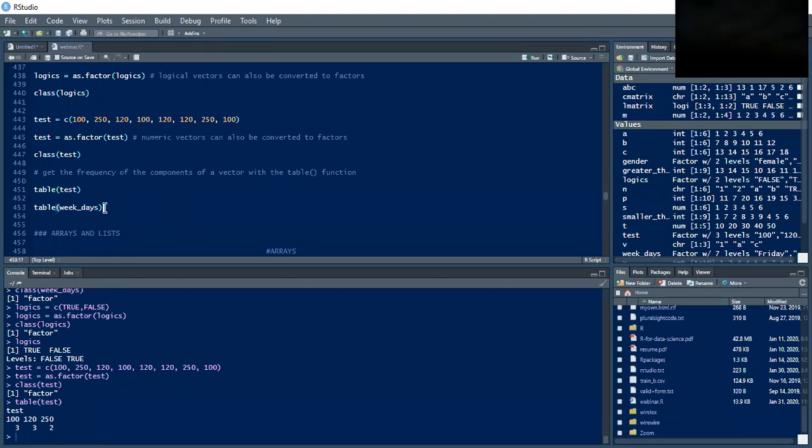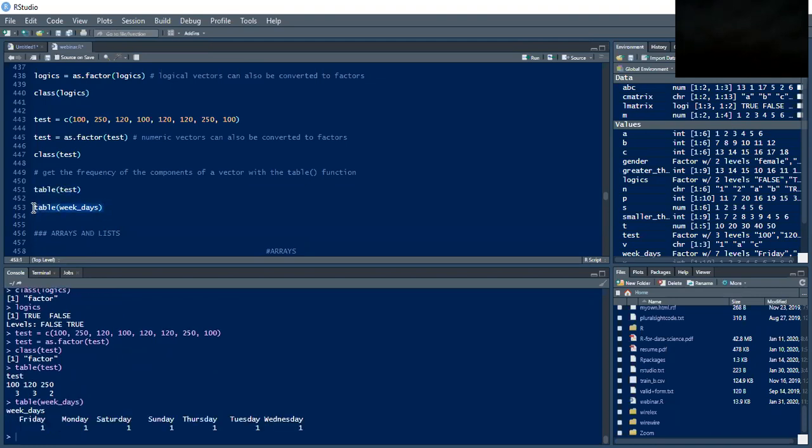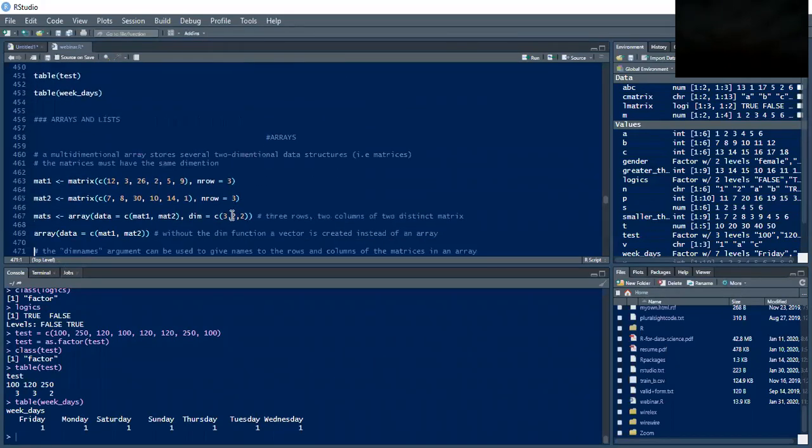We can do the same for the week variable that we created, the days of the week. When we do table, we see that Friday appears one time, Monday appears one time, Saturday appears one time, Sunday appears one time, Thursday, Tuesday, and Wednesday. So that's just that. So going on,